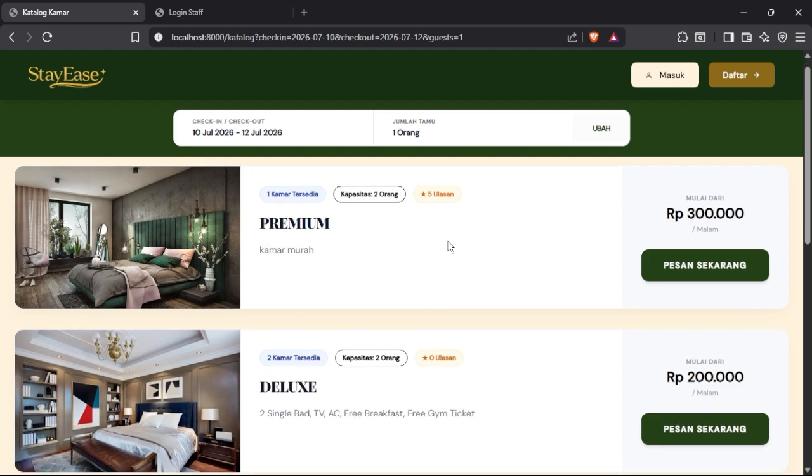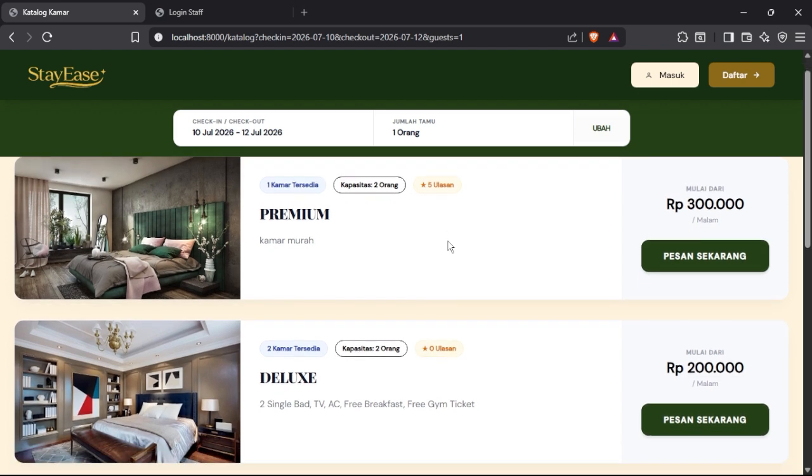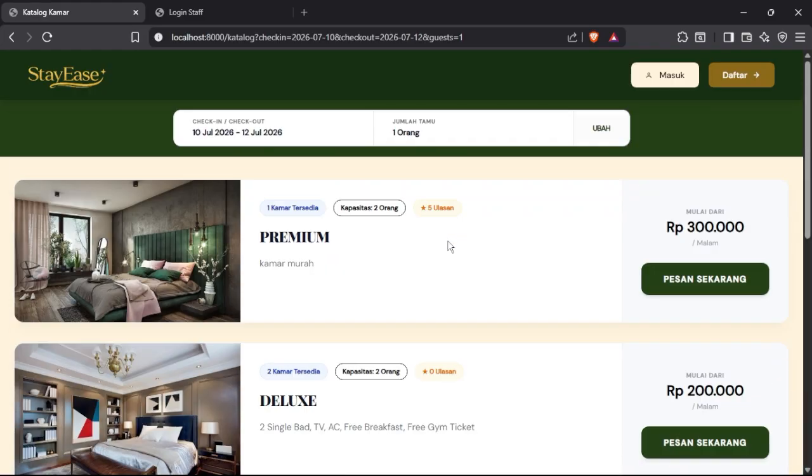On this page, the guest will see information about the room types that are available. There will be information like the number of rooms available for this type, the capacity of the room, the rating, the name of the room, a little description, and the price.